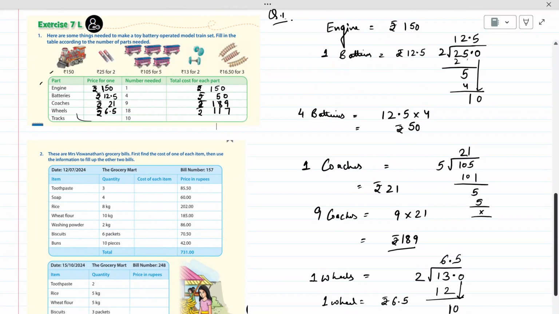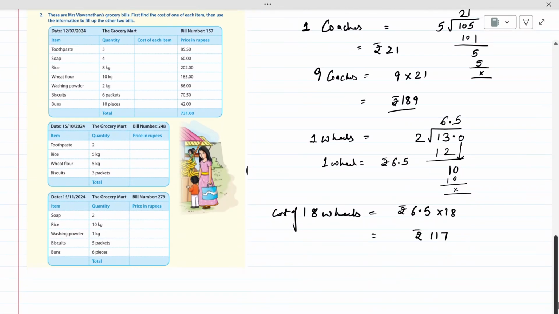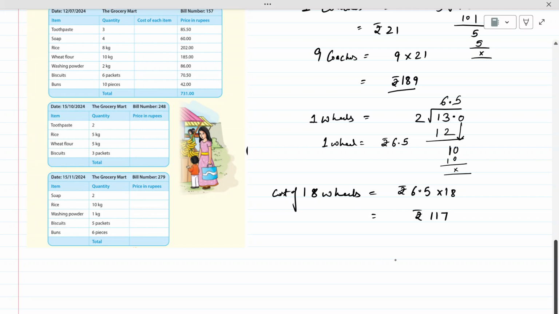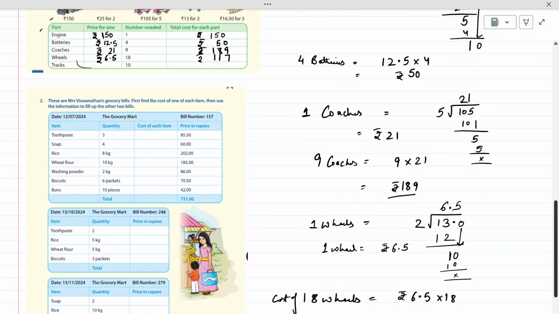So for the tracks, it is 16.50 for 3. 16.50 for 3. For one track, we are finding out the cost of one track here. This is 3 into 5, 15. 6 minus 5 is 1. This decimal goes above and 5 comes down. 3 into 5 is 15. Okay. And this 0 you can write here. So the cost of one track is 5.50